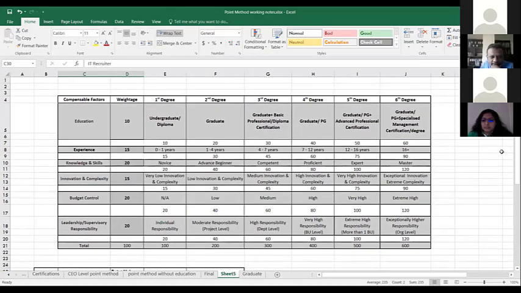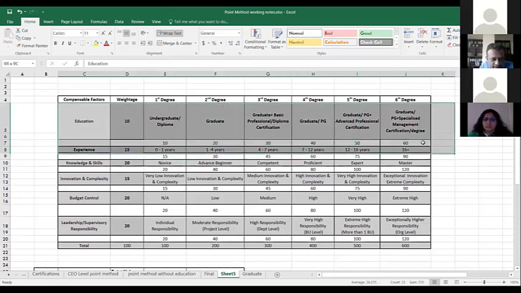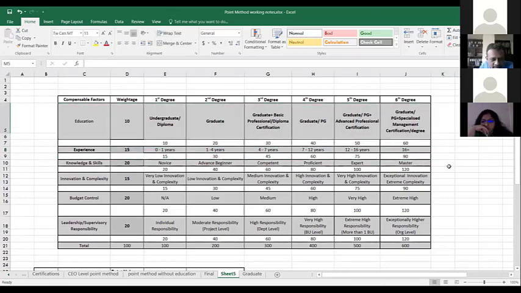So UI developer, you are having 10, 20, 30. Where are the points for education? Is it coming 10 points for education, 15 points for experience, 20 points for knowledge and skill, and